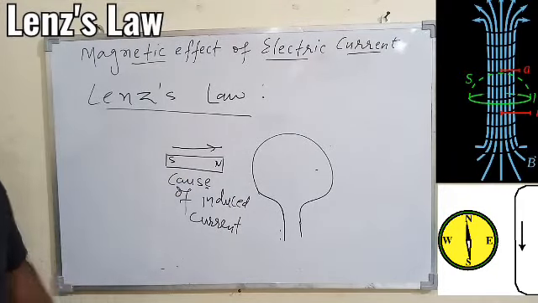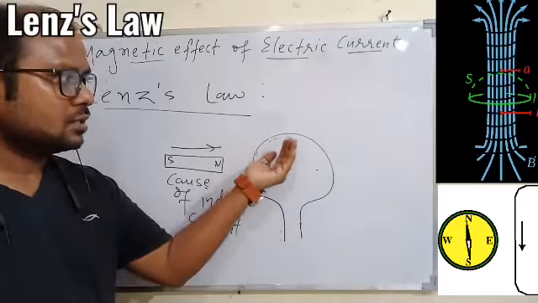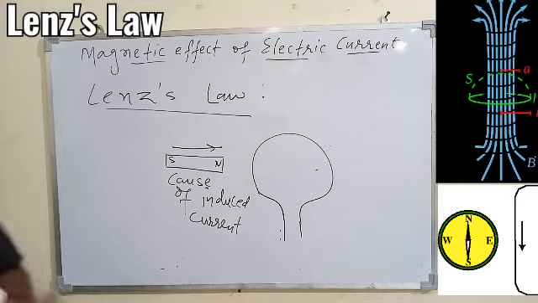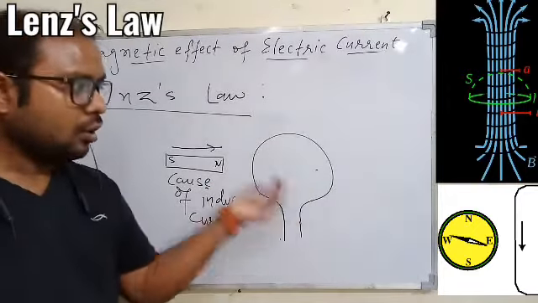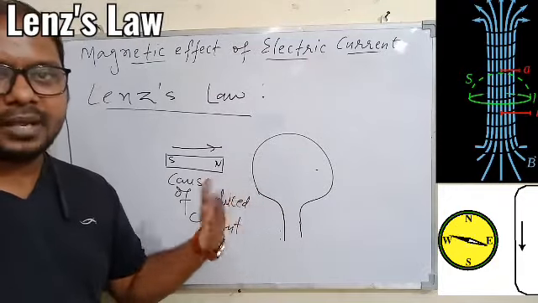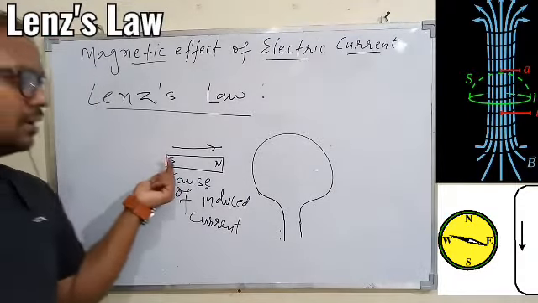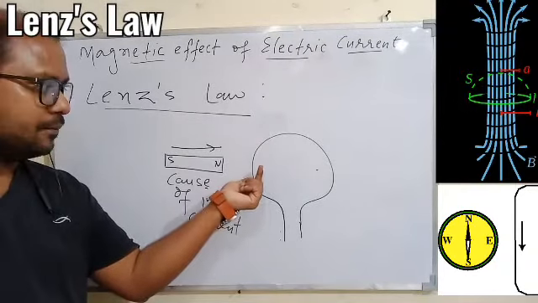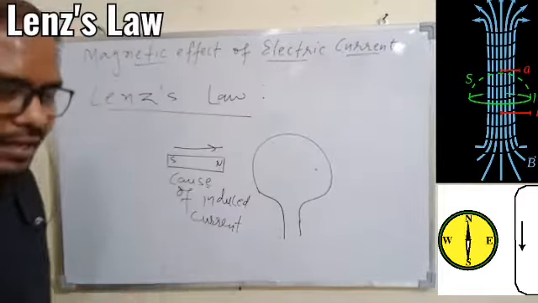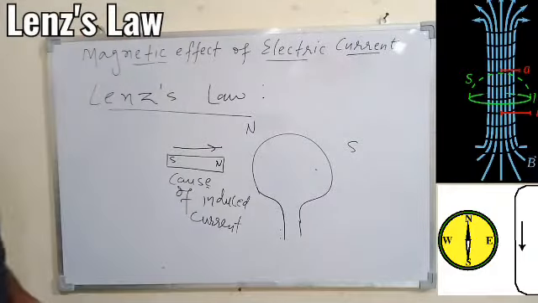So how is it possible? We know one thing: if current is flowing in a particular coil, this coil will also become a magnet. That is, if a current is flowing through this coil or any conductor, the conductor becomes a magnet and starts behaving as a magnet. So if the bar magnet is moving toward this side, how can the coil send it back? If it behaves as a magnet such that the north pole is this side and the south pole is the opposite side.